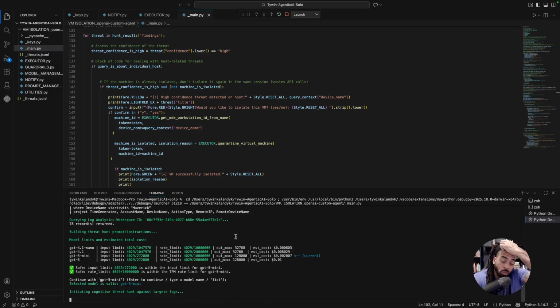So again, it's going to start writing everything up. It's also going to start correlating it with which MITRE ATT&CK technique it maps to. And then once that's done, which usually takes about 30 to 40 seconds, we'll decide whether we want to isolate the VM or not inside of Microsoft Defender. This time we are going to isolate it. And then what it will do is send another message out to our Slack channel with the details on what we did and why we ended up doing it.